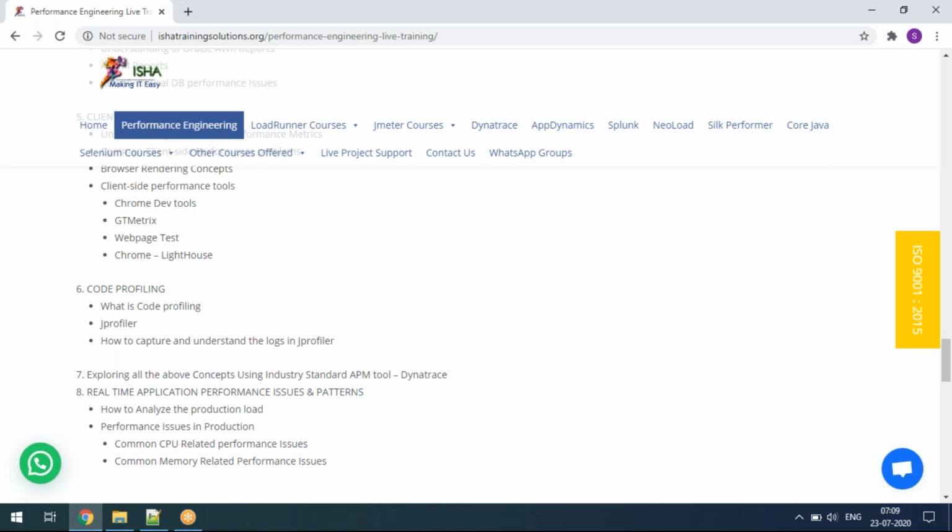Earlier they did not do client side monitoring. Going forward, they can do client side monitoring using tools like GTmetrix, WebPageTest, even Blazemeter. Like that, you can do client side performance monitoring. Or earlier they did not do any database monitoring. Going forward, they can do AWR report creation, ADDM report creation, ASH report creation. Like that, they can contribute to the way they are doing the work.